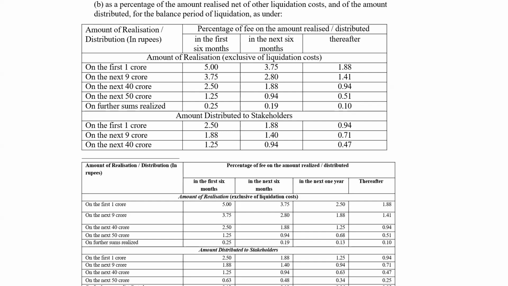If there is 5, then 2.5 here and 2.5 there, two times. राइट। अच्छा, now in the second stage you realize another 5 crores। आपने पहले 5 crore रियलाइज कर लिया। 5 crore पर आपको फर्स्ट करोड़ का तो 5% मिल गया। On the balance 4 crore you got 3.75, right? Now you realize another 5 crores।